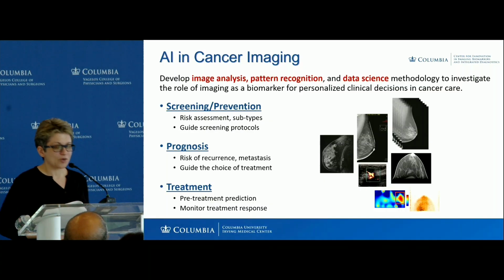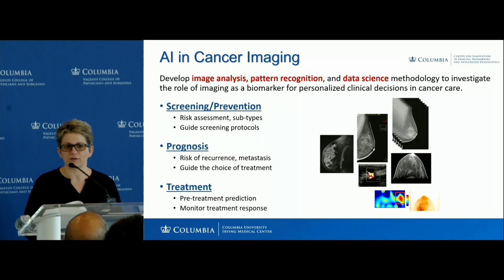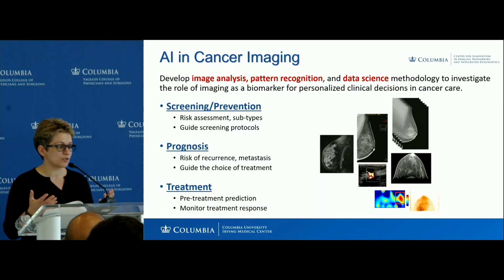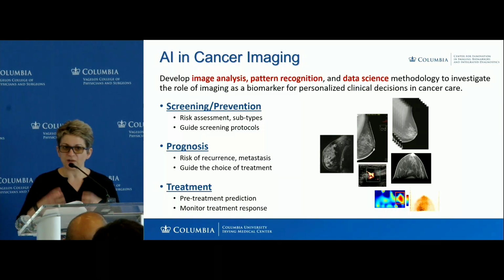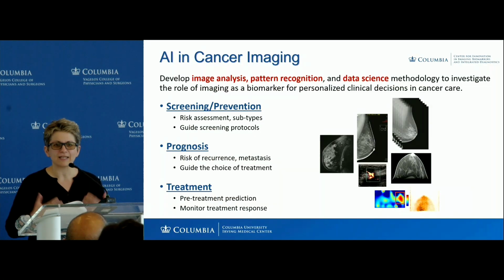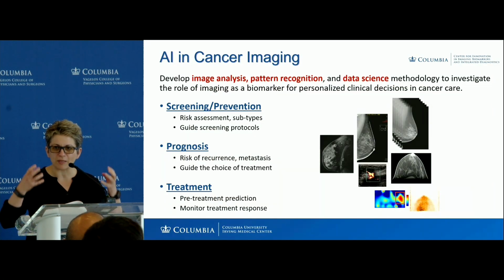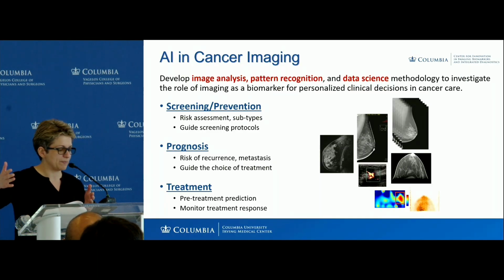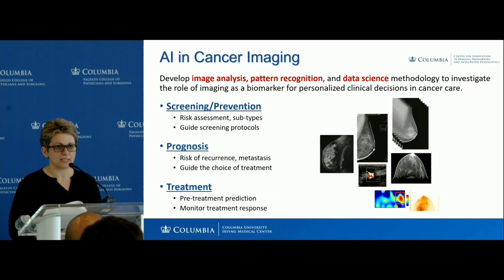All right. So putting on my investigator hat in my own lab, a lot of the research we do is leveraging artificial intelligence in cancer imaging for cancer applications. For the past 20 years or so, we've been working on developing both. I would say about 40% of what we do is develop the fundamental methodology. At the end of the day, we're computer scientists, engineers, so think about it as statistical approaches applied to three-dimensional, full-dimensional, and multidimensional spaces that imaging data represent. Pattern recognition and data science methodologies to investigate the role of imaging as a biomarker for personalized clinical decisions in